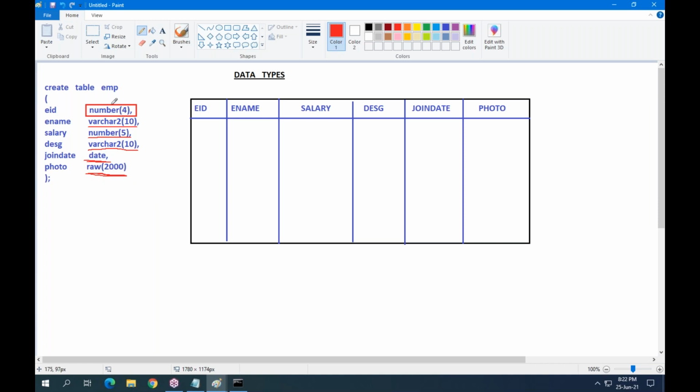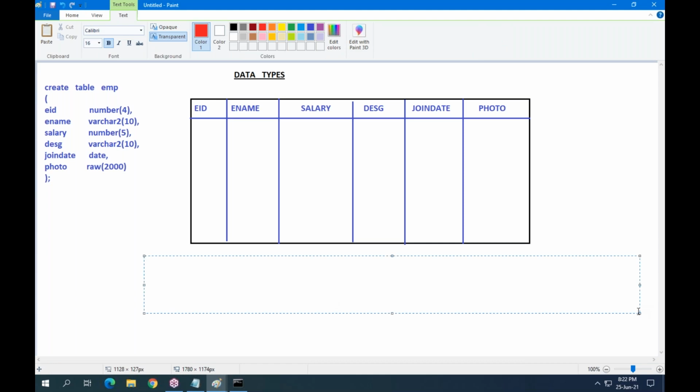Data type represents the type of data allowed into a column. That is the first point.